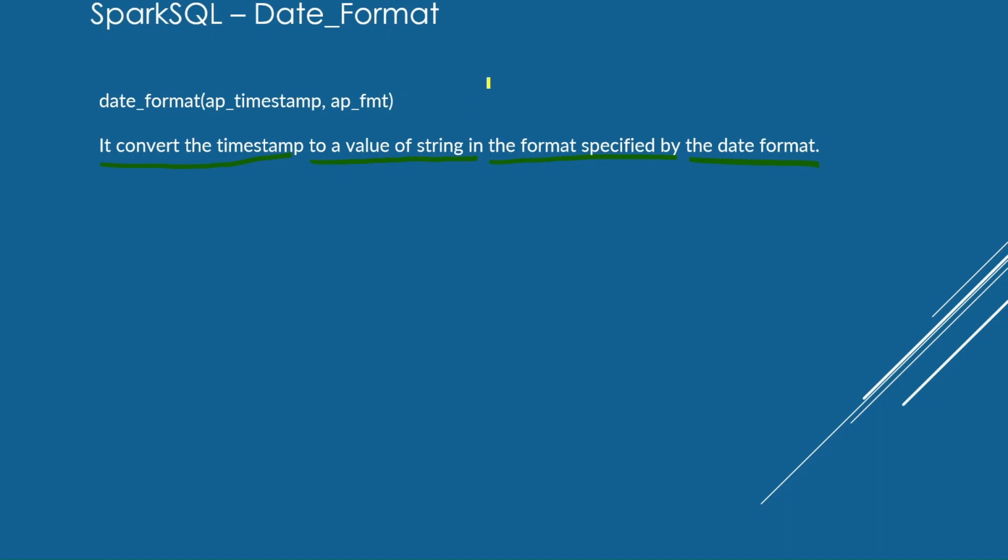Suppose the date is 15/06/2024. If the format is Y, it will give you the year value. If the format is day, it will give you the day value. And we can see the date format function